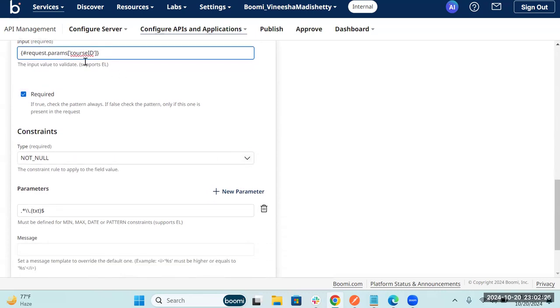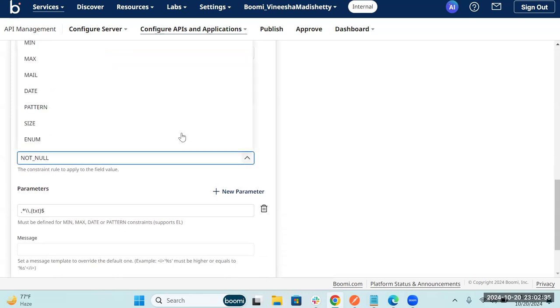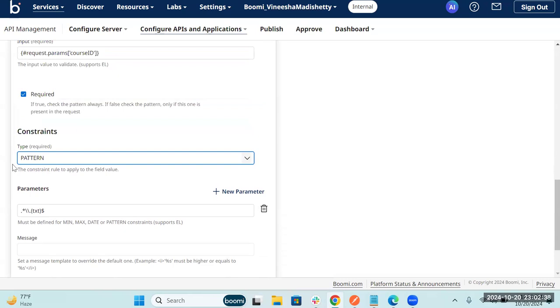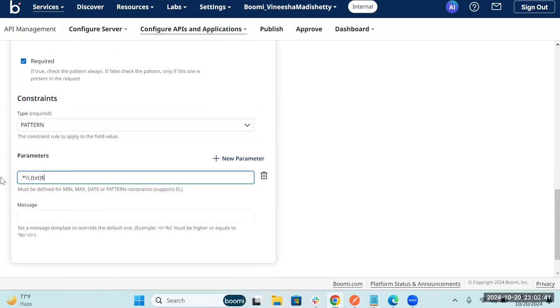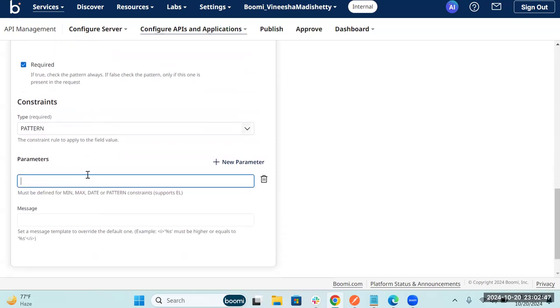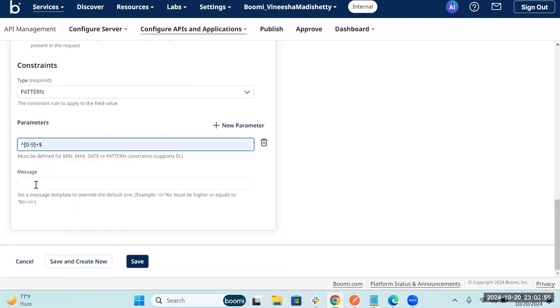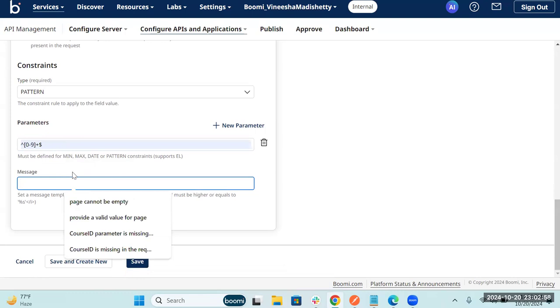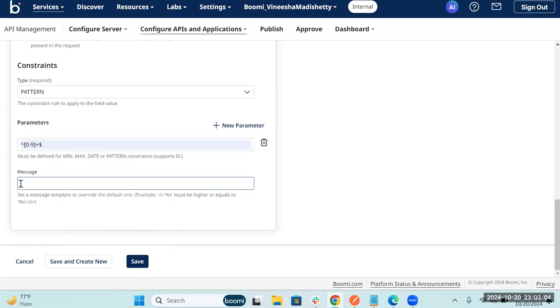And on this mandatory parameter, I want to validate the value of this course ID parameter. So I'll select the pattern constraint here. And in my case, the course ID should only accept numeric values. So we can use a syntax something like this, which allows only numeric values. So in case the user is not entering the course ID query param, or if they're not providing numeric values, you have to return a custom error message. So which would be